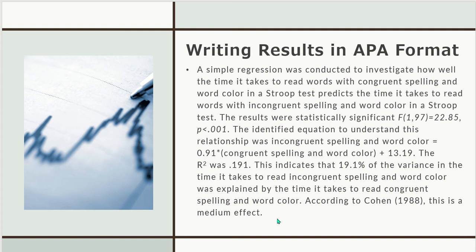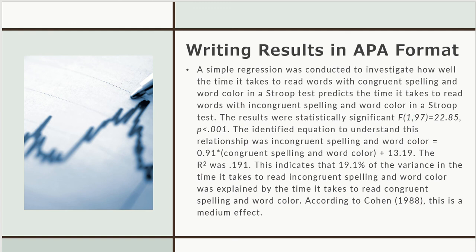A simple regression was conducted to investigate how well the time it takes to read words with congruent spelling and word color in a Stroop test predicts the time it takes to read words with incongruent spelling and word color in a Stroop test. The results were statistically significant, and then you put the F for the F test,